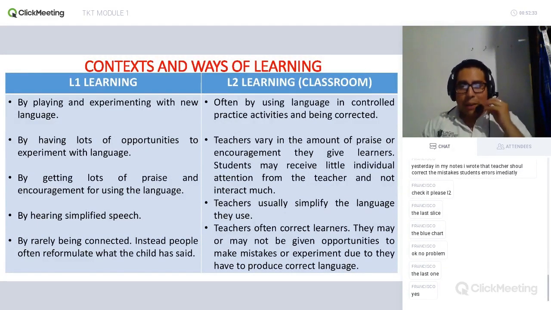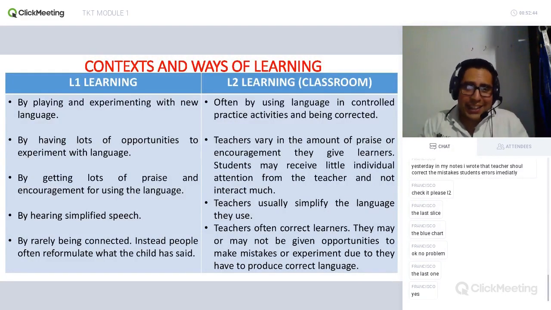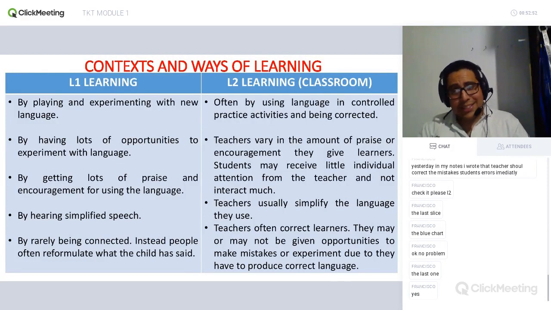Okay, so maybe I said that. Maybe you were mistaken, because maybe I said that they need to correct, and maybe I said immediately, but I was mistaken. Everything can happen, right? We are not gods, let's say. But no, Francisco, I want to make this clear, okay? If it was my mistake, I'm sorry, but no, not immediately.